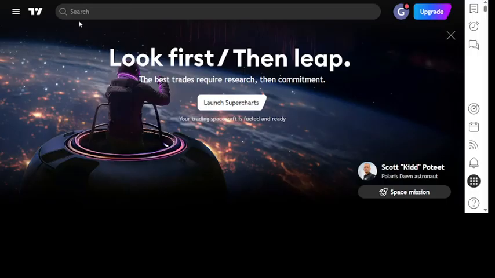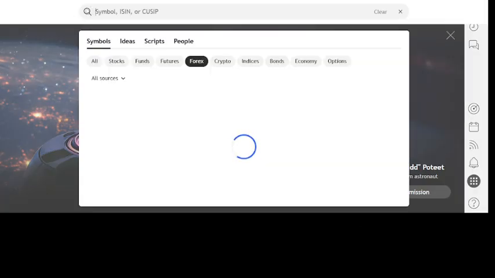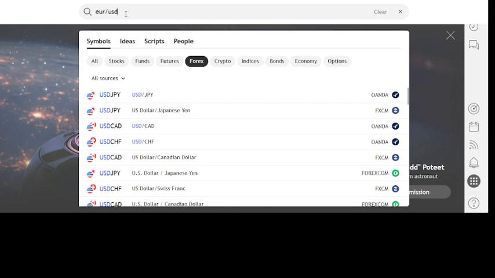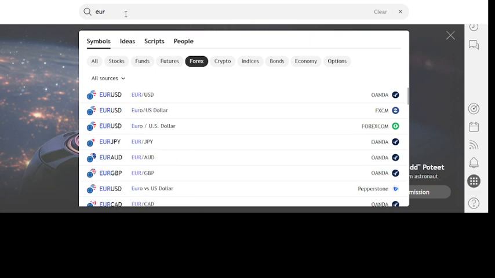Okay, now this is TradingView.com. Many traders trade on this platform. So what you do is you go to the search bar, and we're going to look for the euro. You would type euro, US dollar, and we look for the currency pair. Hold on here, the euro. Okay, there we go, euro USD. So once the euro USD comes up here, we go to the See Overview. So we click on See Overview,